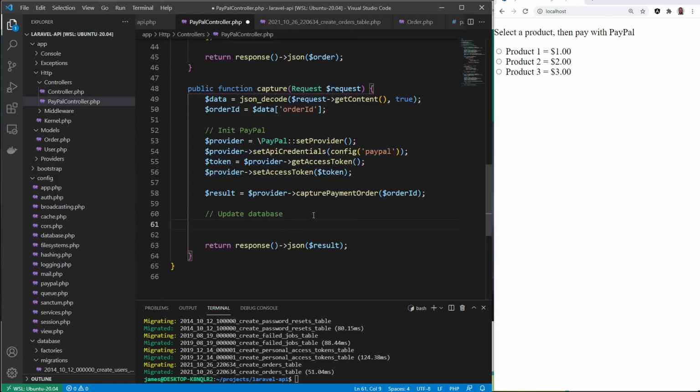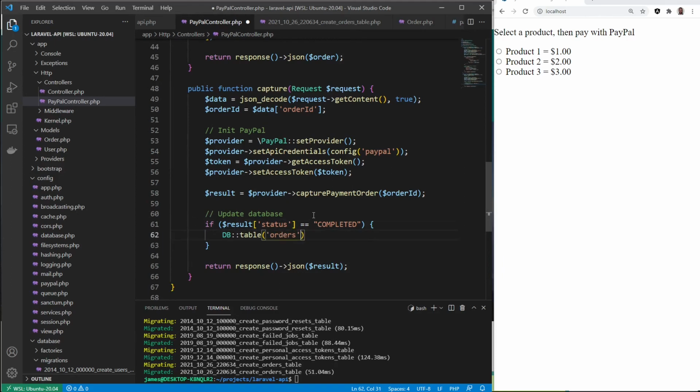It'll be similar, but so let's say if result status equals completed, DB table orders where reference number equals result ID,